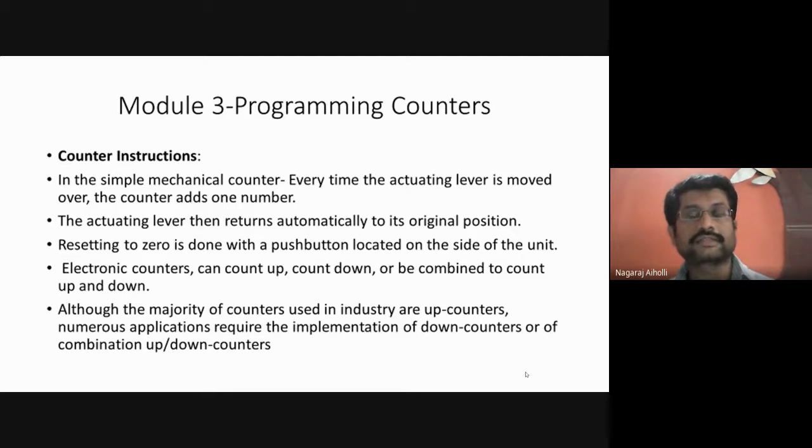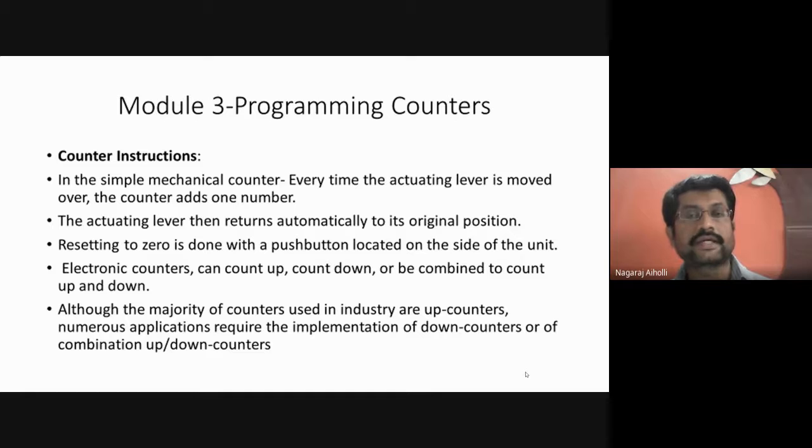The mechanical counters, as we know, when we operate a lever, that time the count is incremented by 1. For example, your wristwatch, right? It comes with the knob. When you rotate that knob, what will happen? The date will increment by 1. Right? The date you are setting in a wristwatch. Yes, when you rotate that small knob, it is operating the lever inside, wherein with the operation of the lever mechanism, the date is incremented by 1. In this way it is counting, or it is increasing in the upward direction.